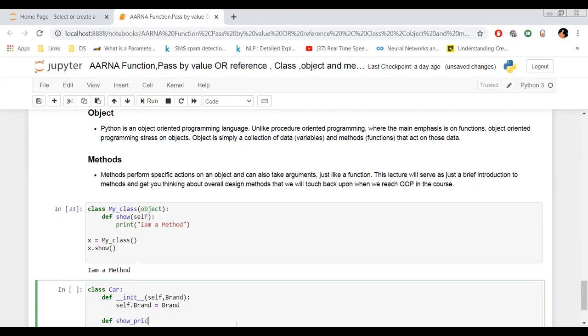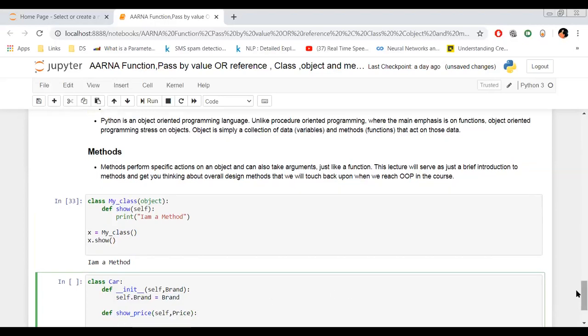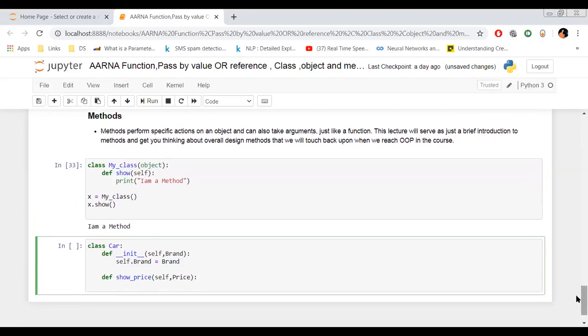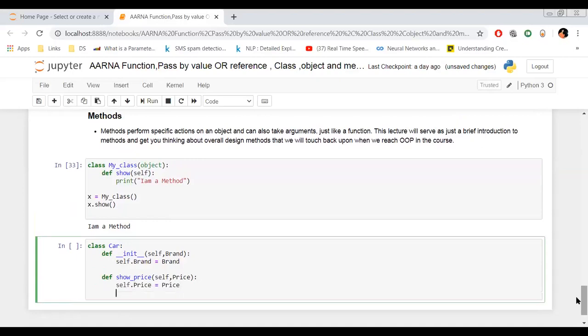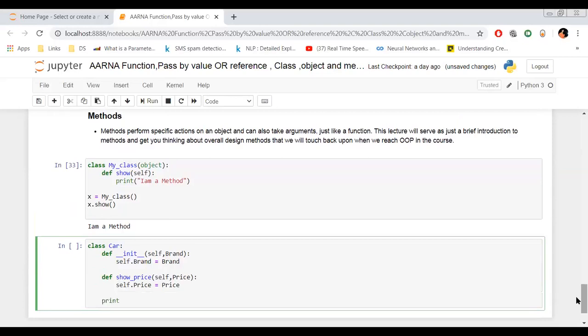Show price, and writing self comma price. Now I have given an indentation and properly written this. Now show price, the same thing. What I did with the brand, I will do the same thing with the price also. Equals to, because I want the price output too. Then what statement do I want here? So I will write print